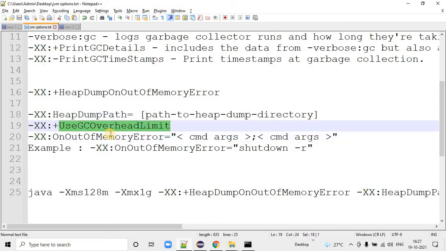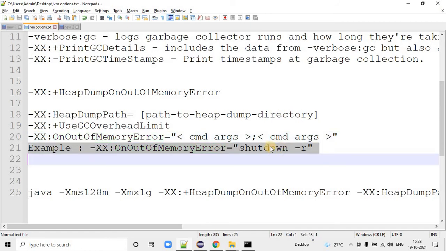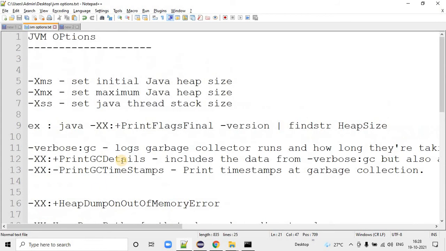I can also put UseGCOverheadLimit. And if you wanted to perform some commands on out of memory, like shutting down and restarting, you can use the OnOutOfMemoryError option. So these are the very important options.